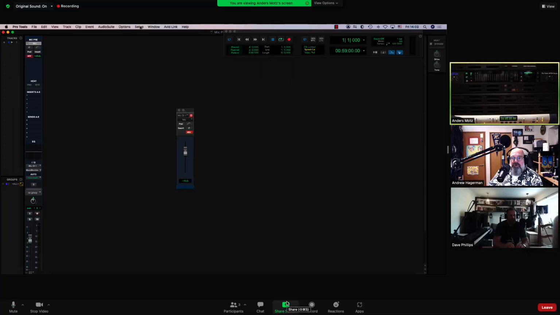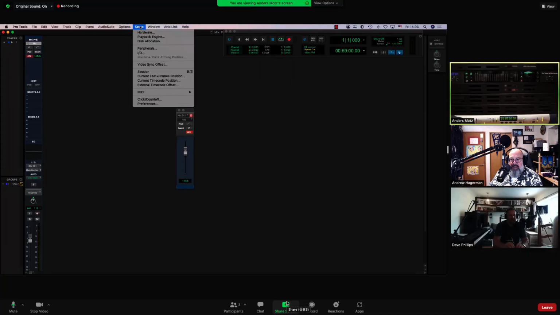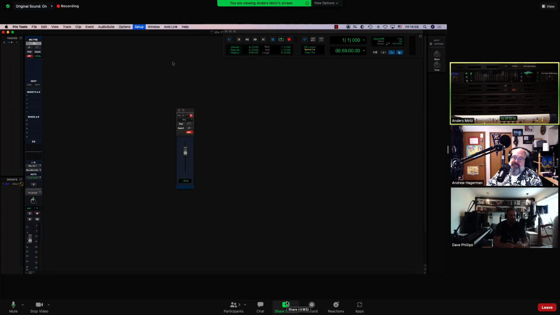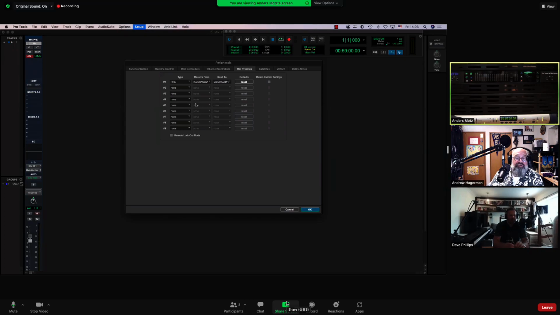You could do a remote lockout. So it was a checkbox that if you checked it, then the only way to change it was from the Pro Tools mix window. So if somebody was sitting around and playing with the knobs, it wouldn't do anything. Yeah, there you go. So right there at the bottom, go down, there. Try that. I've never tried this with the